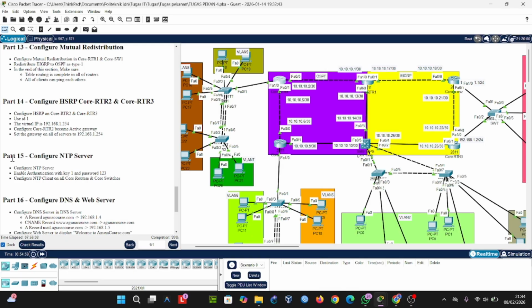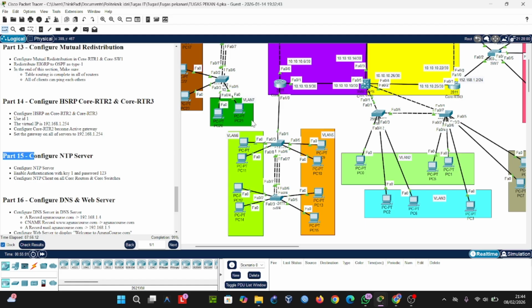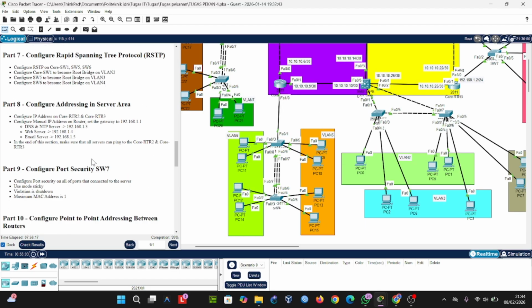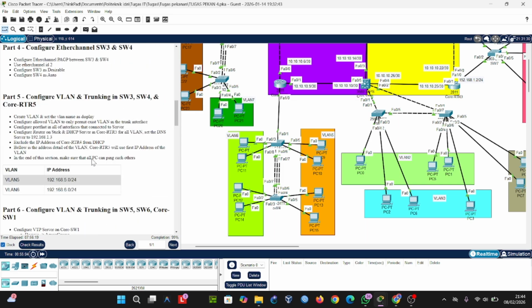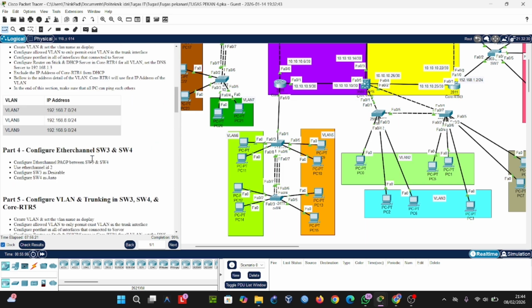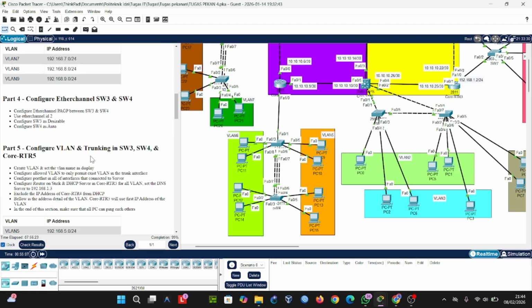This is part 15. To continue, in VLAN 5 and 6, it's the same, we configure VLAN. You can see the EtherChannel.